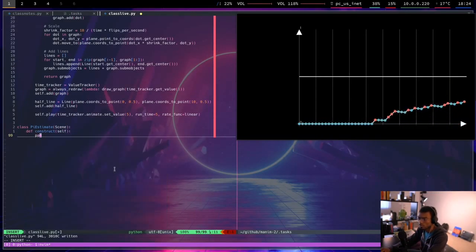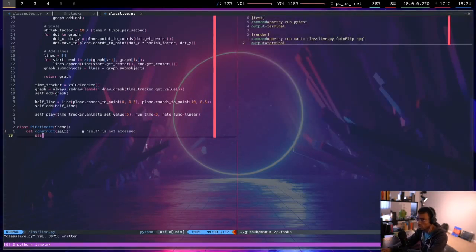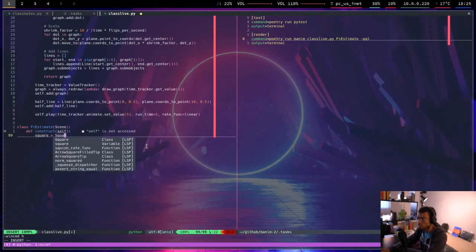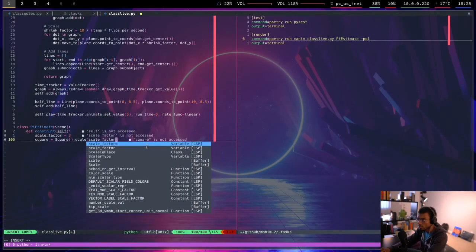Okay, and hopefully now you can see the lines trace this out. So that's a pretty nice animation. Let me make this go a little faster by increasing the flips per second. Make it take a little longer too. Great. So what you'll notice is it's tracing out the same path every time. That happens because in Manim, by default, as soon as you import Manim, it'll automatically set a fixed seed for you. So I don't want that to happen in this case,